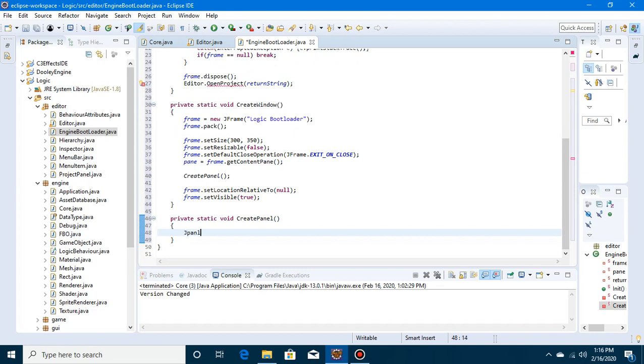So jpanel, panel equals new jpanel, and panel dot